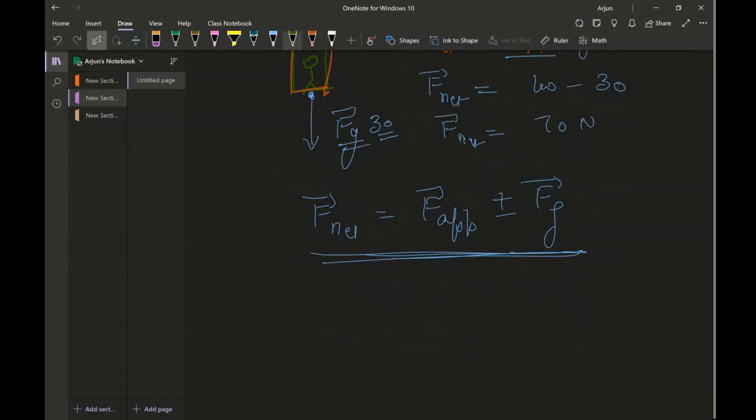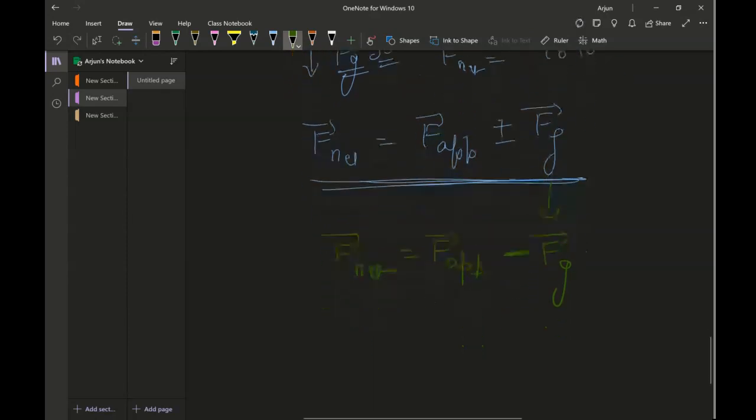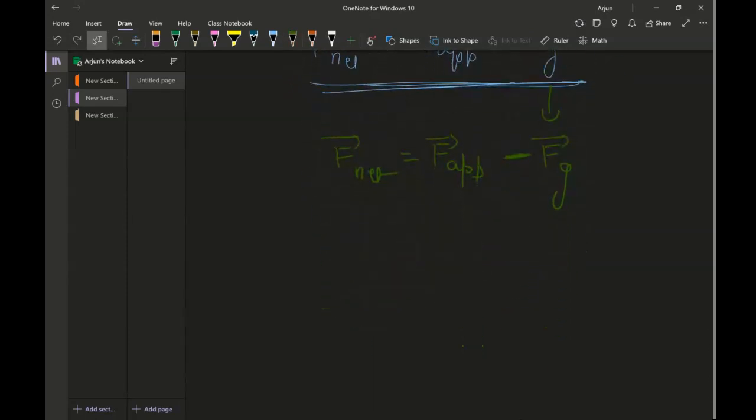When the object is moving on a vertical plane, force of friction will be replaced with force due to gravity, and this will always be negative, not positive, because force due to gravity always acts in the downward direction, which is equal to F net. All right. So these are certain basics which I wanted to talk about before jumping into some math problems